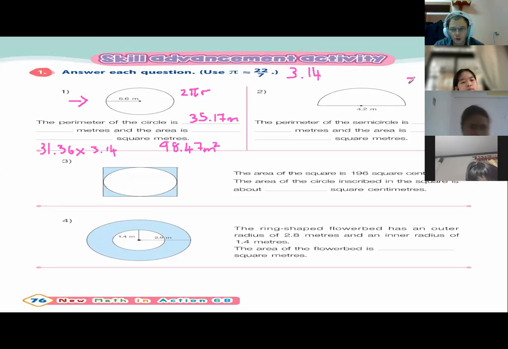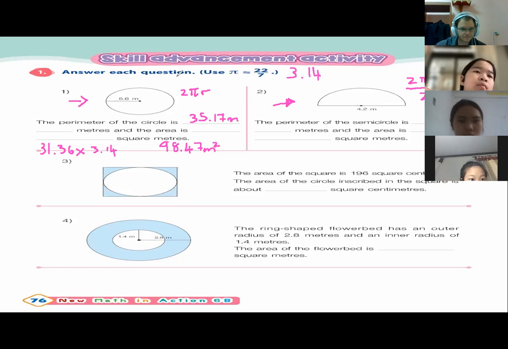Formula is 2 pi r. That's the formula for the perimeter. But now we only have a semicircle. So half the perimeter is not there. So we'll have to divide by 2. Can anyone tell me what is the length of the radius for number 2? The length of the radius. 2.1 meters. So it will be 2 multiplied by